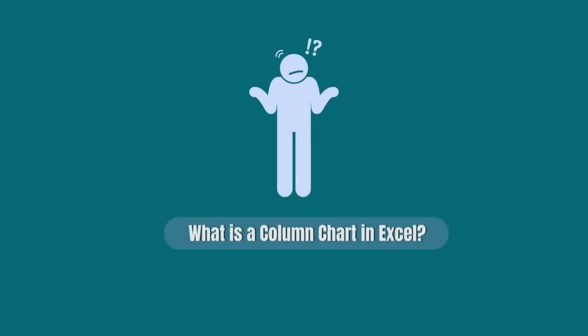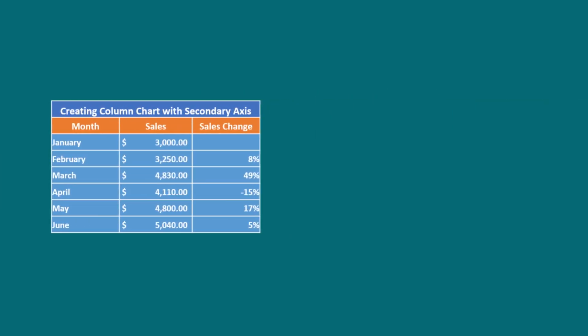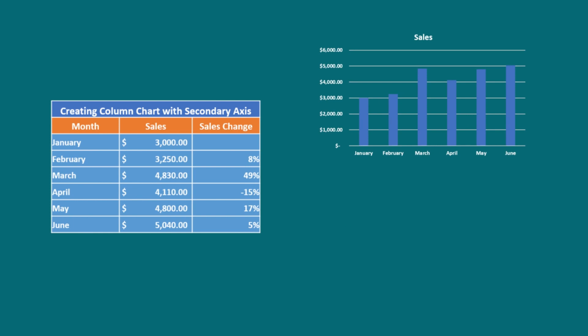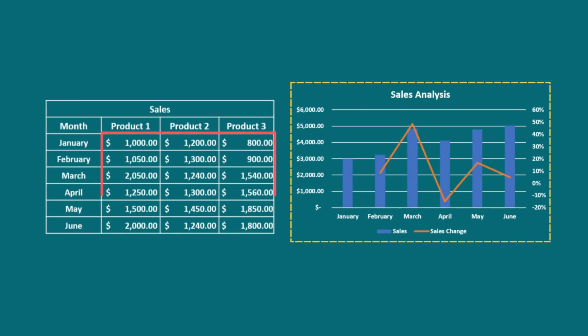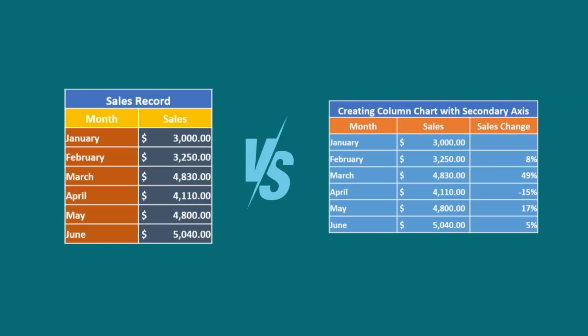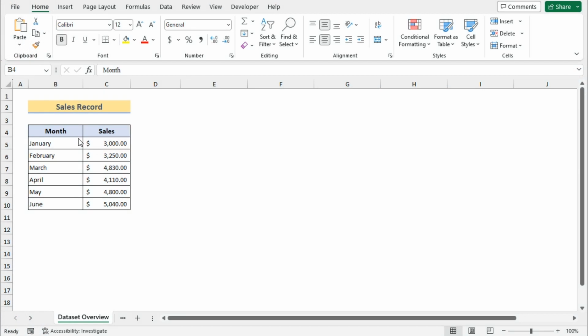So, the first question occurs, what is a column chart in Excel? A column chart is a type of chart which is used to represent data using rectangles or columns. This chart is used to show data change over a time period or to compare different items in a certain case. In today's video, I'll be showing two methods to create a column chart in Excel,